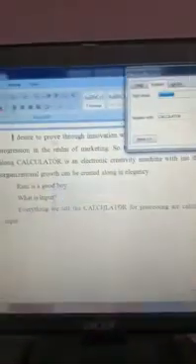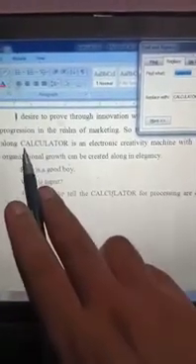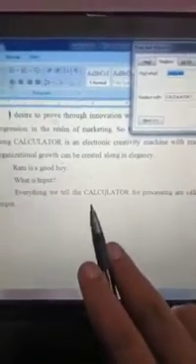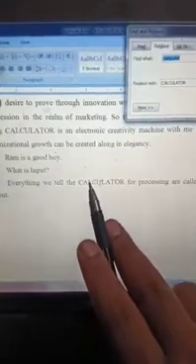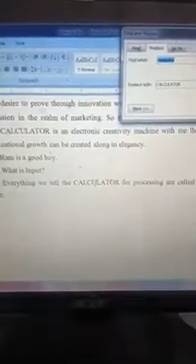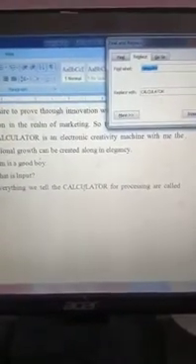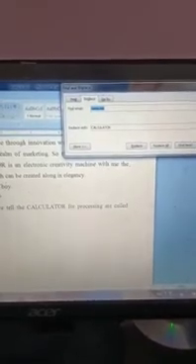Okay, so students, see, there is also written computer. That computer is replaced by calculator. There also computer is replaced by calculator. Okay, this way you can find any particular word, and this way you can replace a word by a suggested word. Okay students, I think all of you understand. All of you try it at home, on your system.